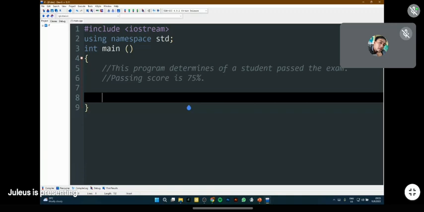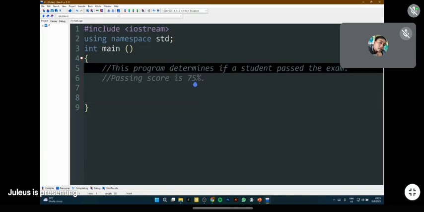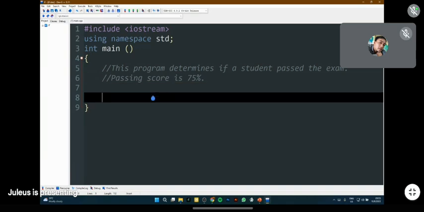This program determines if a student passed the exam. Say the passing score is 75. So let's create a variable containing the student's grade. Let's call it grade, and let's say the student got 80.